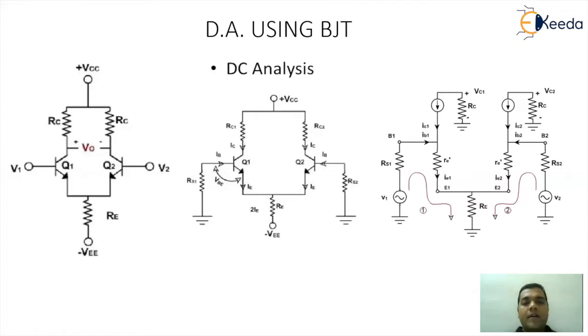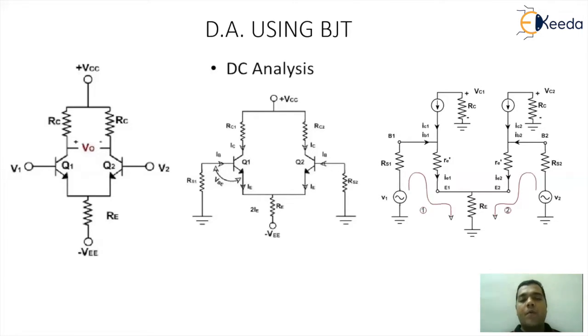Now, the adjacent circuitry here is an illustration of the DC section of the circuit. When we talk about the DC section, we will not have the AC element. So on the input side we have only the internal resistances of the sources, defined as RS1 and RS2, connected to ground. Normally, under ideal situations, the values of RS1 and RS2 will be 0, so both base terminals are automatically shorted to ground.